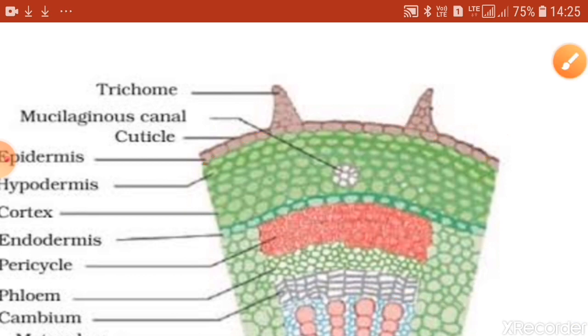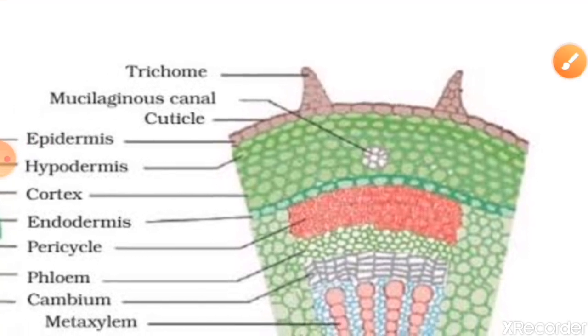But in case of desert plants, the plants which live in water scarce conditions, the epidermis can also be multi-layered. This is to prevent the excessive loss of water, because desert plants or xerophytes live in water scarce conditions. So they have adapted their body to prevent the loss of water, and so in desert plants the epidermis may be multi-layered, but generally it is just made up of one layer of cells.